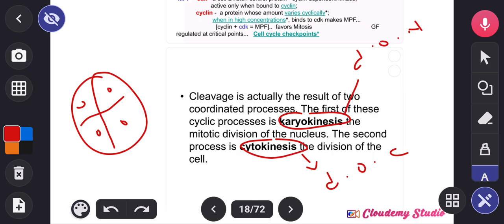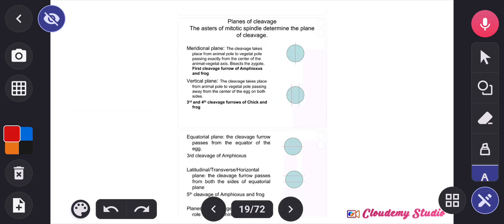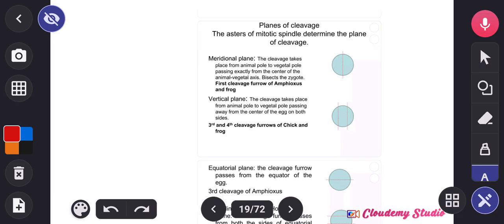That is basically what the concept of cleavage is. It happens due to two coordinated processes. That is karyokinesis, which is the division of the nucleus. The first thing that happens is the nucleus divides, and the second thing that happens is the cytoplasm divides, called cytokinesis. Now let us talk about the planes of cleavage, because understanding the planes of cleavage is very, very important,